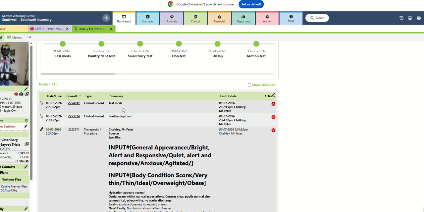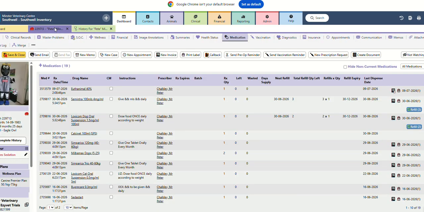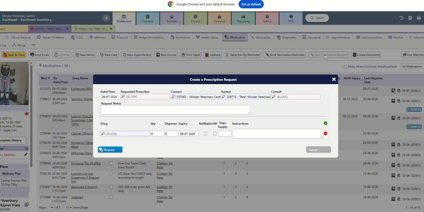Equally, in the complete history, there will already be cases made. So what you could do is go, right, I know this is the one I've just made, but I know from before, from where some notes were or something, I'm going to pick the consult of this number. Keep an eye on either the number or, probably easier, the date that you're looking for with it. What you then do is, because you know where you're going to tie it to, you can then say, right, I'm going to make a new prescription request. I'm going to click into that. I'm going to request that either for a specific vet, if this is a very case specific thing, or if you're at, say, Newark, you can go, right, I want this to be just one of the Newark vets to